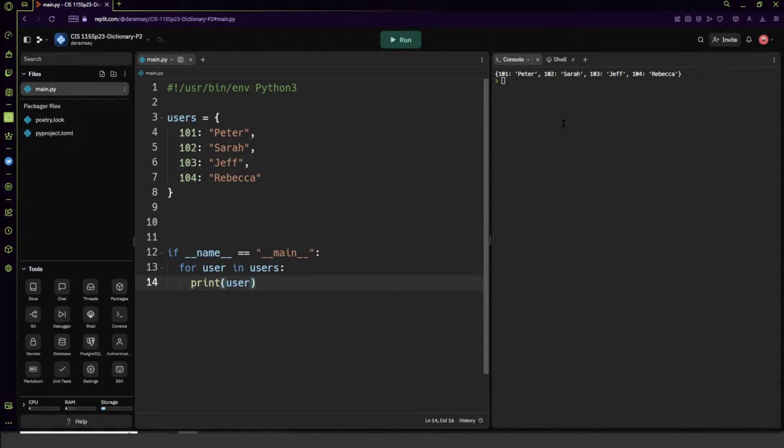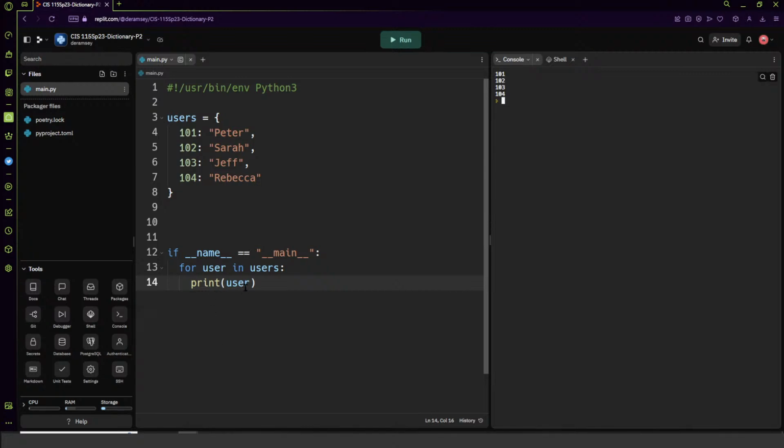And we said that when we do something like this, it gives us the key. So when we're working with the in clause in our enhanced for loop here, and we say for user in users, it gives us the